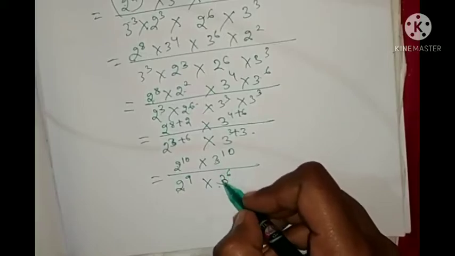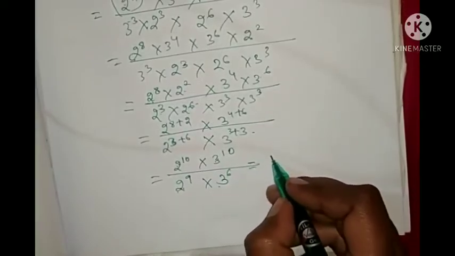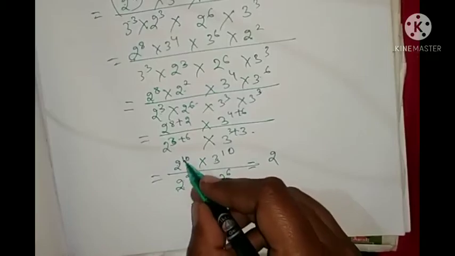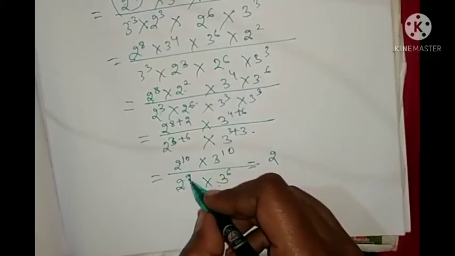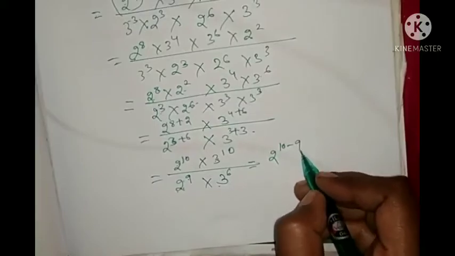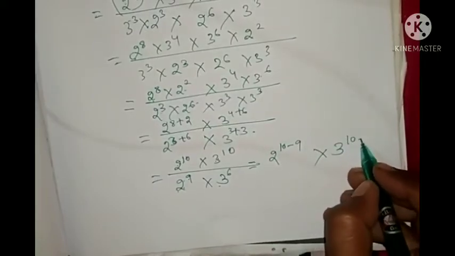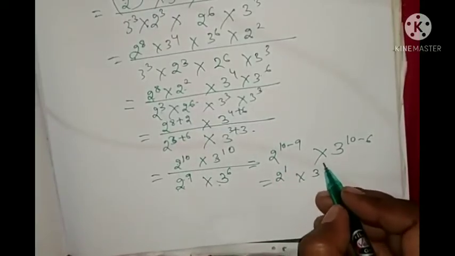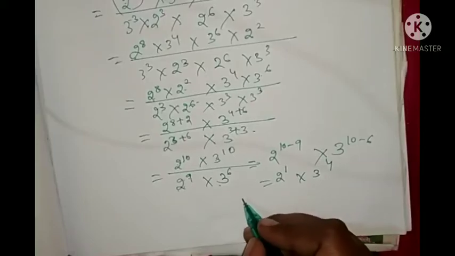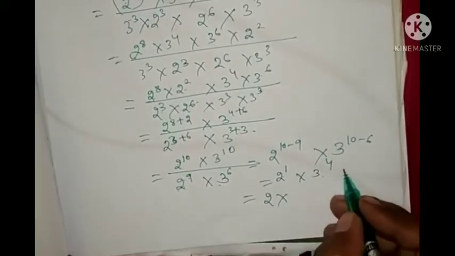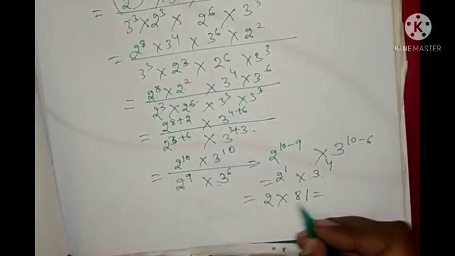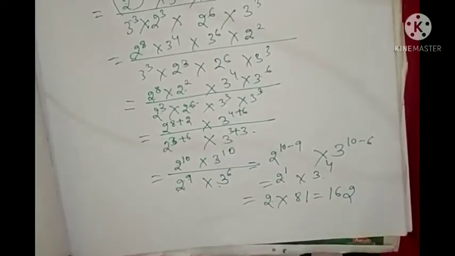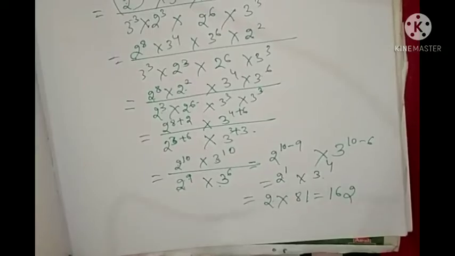Now you see here division will be there with same base. Here also division is there with same base. This one we can write as 2 to the power, here division means we will subtract the exponent, 10 minus 9, into 3 to the power 10 minus 6. This is how much? 2 to the power 1 into 3 to the power 4. So 2 to the power 1 is 2 and 3 to the power 4 is how much? 81. So 2 into 81 is how much? 162. So like this, with the help of exponent, you will easily find out this much big multiplication and division. Okay.